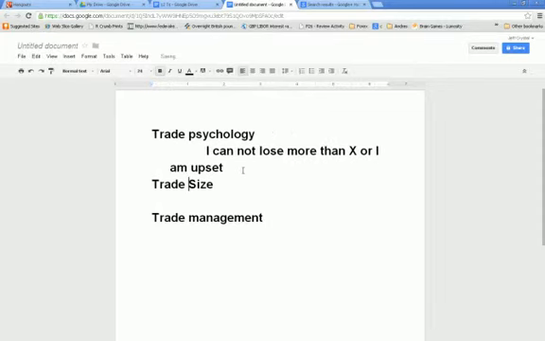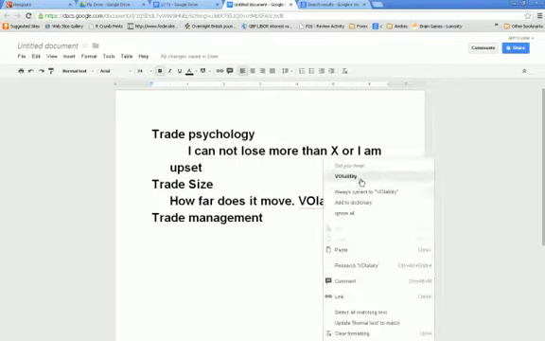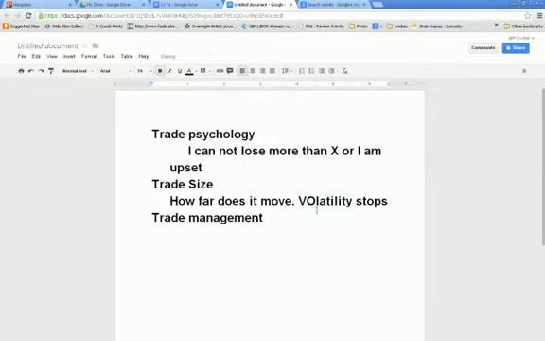Trade size deals with this: how far does it move? They're called volatility stops. Volatility stop. Now this has nothing to do with the above section. This is really important. So you have volatility stops,